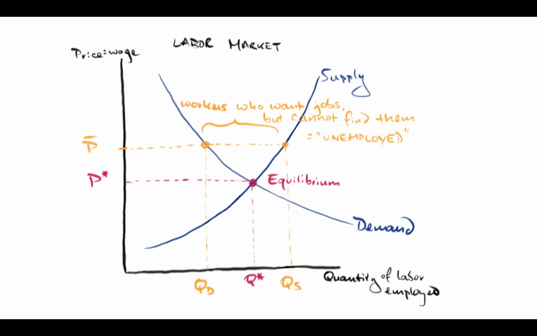Doesn't matter what the quantity supplied was. It doesn't matter how many workers wanted jobs. All that really matters is QD jobs are being provided by employers and there are no more jobs. So some workers lose their jobs. The workers between QD and Q star lose their jobs. On top of that, there's more competition for the jobs from people who enter the labor market. The people between Q star and QS enter the labor market because the higher wages encourage them.